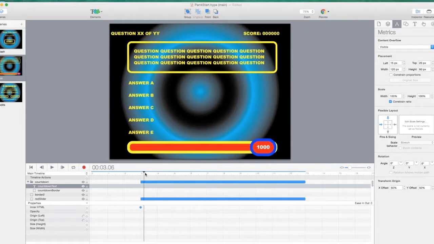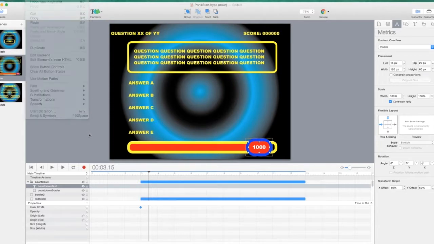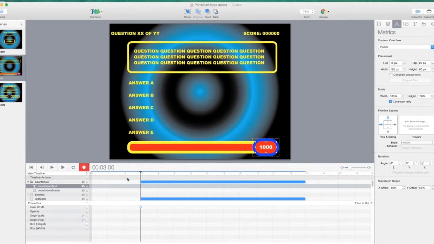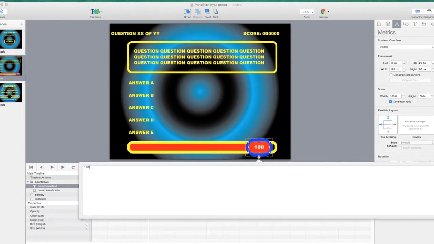Now I'm going to jump to 315 right there. And we could do this a couple different ways. I think the easiest is with this selected from the pull-down menu, I'm going to say Edit, Edit Elements. Oops, I forgot one thing. I got to hit Record. So I'm at 3 seconds, I hit Record. And now at 3.5, 315, I'm going to say Edit, Edit Elements Inner HTML, and I'll just type in